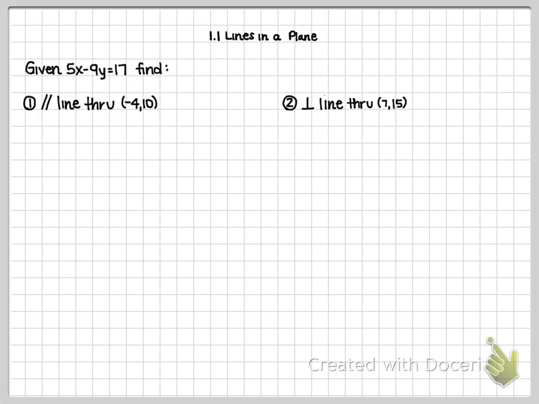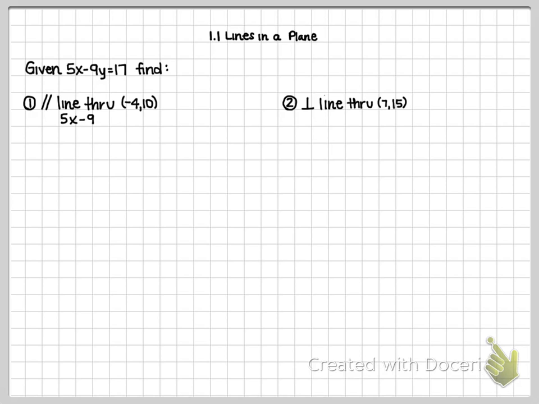So I have an equation here, and I want to answer two questions based off of it. So I want to be parallel to this and perpendicular to this. So in order to do that, I need to calculate the slope out of this equation. So the first thing that I'm going to do is take the equation that was given to me, and put it into y equals mx plus b, just so I can extract the m from the equation. So let's take that here, move it down a little bit,